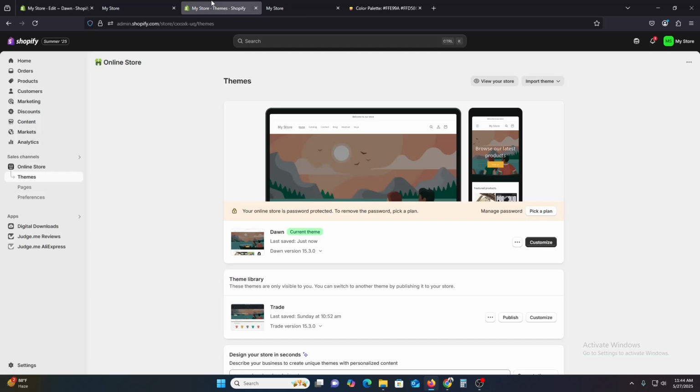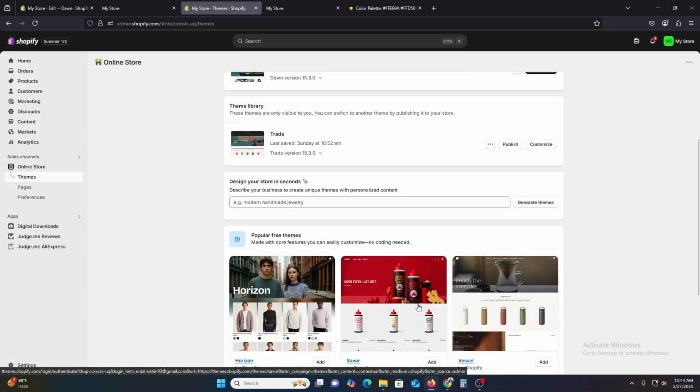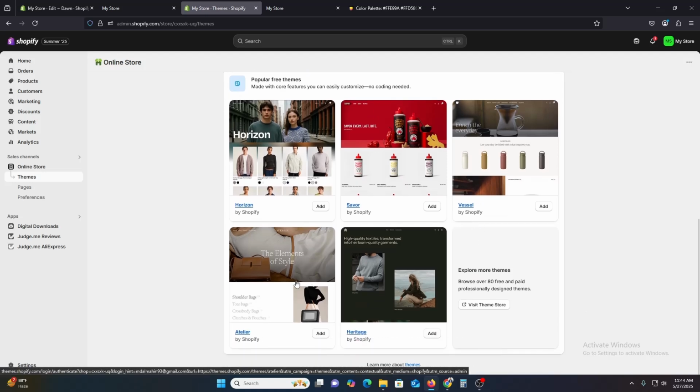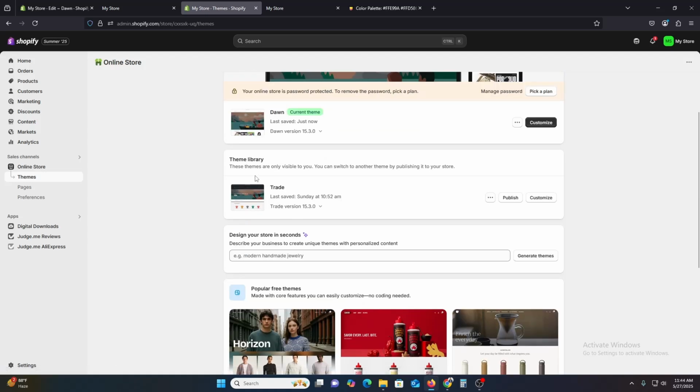And now you may have a question like, you worked with the Dawn theme, what about the other themes? Will the same process work on other themes? So this is a very good question. If you want to theme this way, then I will give you the option. Let's go and find out a theme. I think I have a theme in the library that's called Trade. Let's publish it